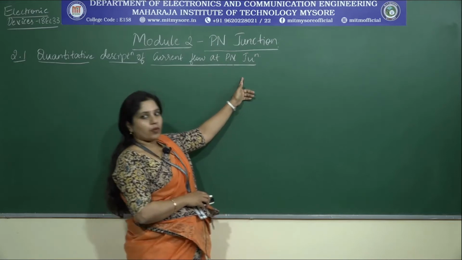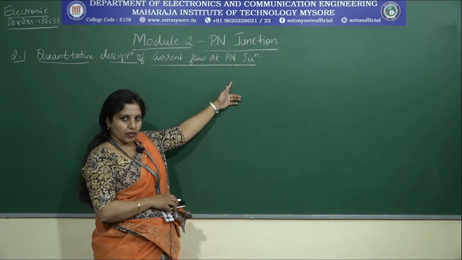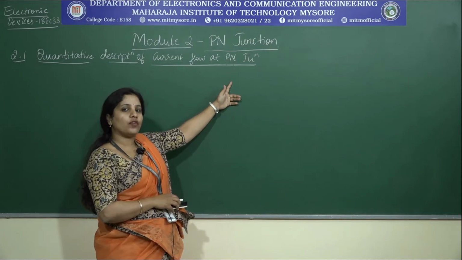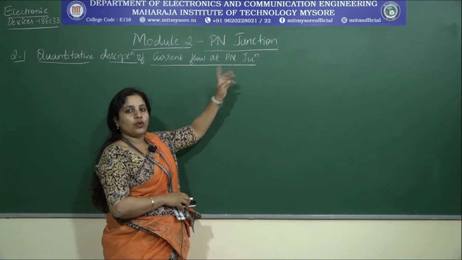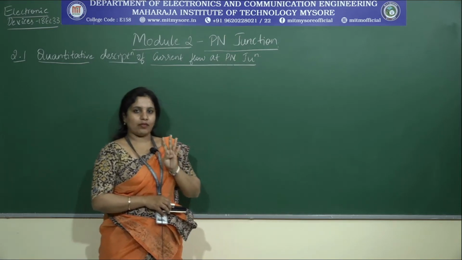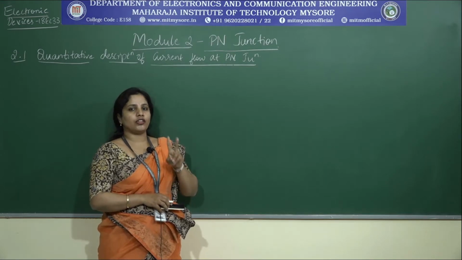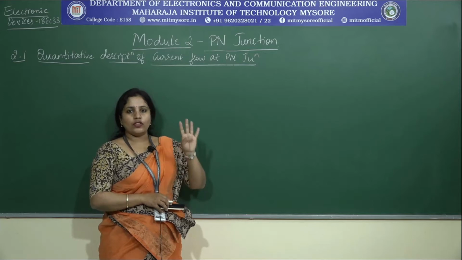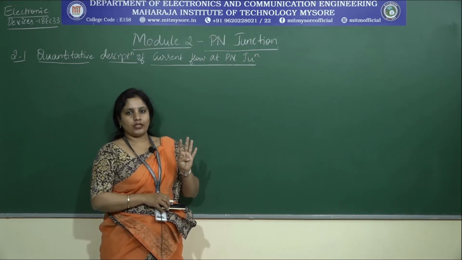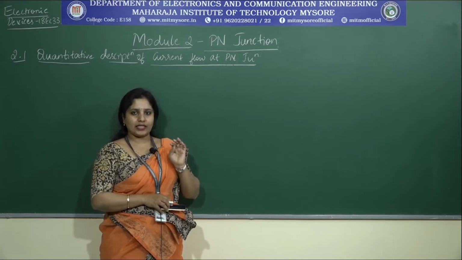The first prerequisite you have to understand is about the movement of the charge carriers and the four different kinds of currents that we come across when a PN junction is being formed. One is related to the diffusion aspect, another is related to the drift aspect, of both holes and electrons, which comprises a total of 4 components. We will try to understand what these 4 components indicate.